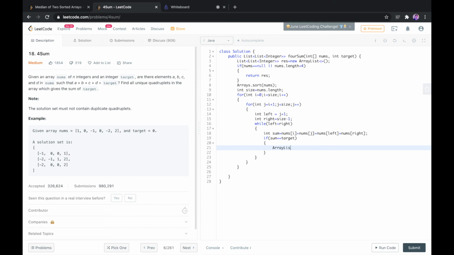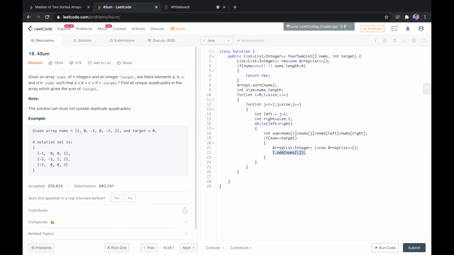we'll create a new array list of integer type. I'll just name it L. And if this condition matches, if our sum is equal to the target value, which is 0, what we do is we push, that is add values to our array list.